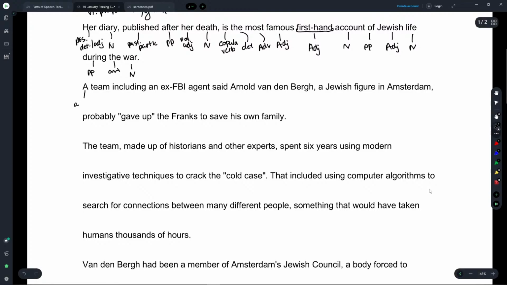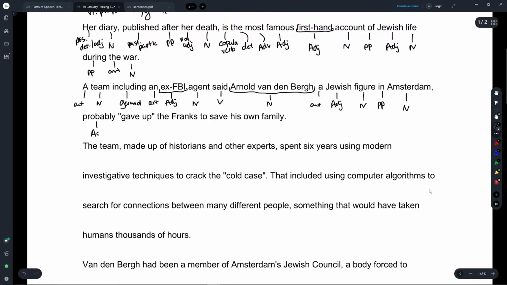A, article, team, noun, including, gerund, an, article, ex-FBI, adjective, agent, noun, said, verb, Arnold van den Berg, which is just going to be a noun for now because it's a name, a, article, Jewish, adjective, figure, noun, in, preposition, Amsterdam, noun,